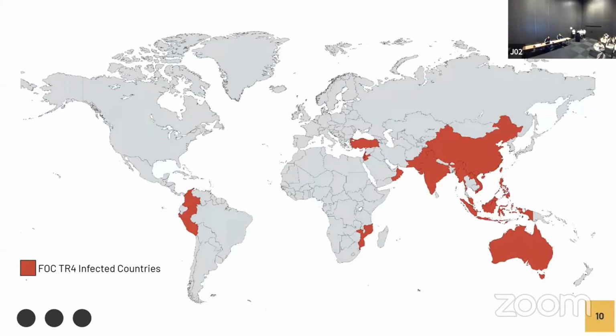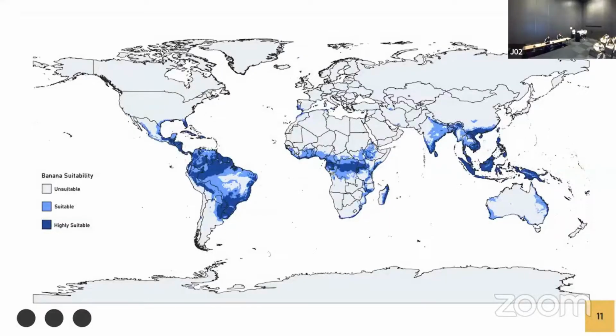FOC tropical race 4 has already spread from Asia to Australia to Africa, and more recently in 2021 to South America. And it's continuing to cause more and more damage in the world. And so in our first modeling effort, we predicted the areas at most risk of FOC invasion using Maxent, a popular open source software used by ecologists around the world. We found that the areas at most risk, which is also the areas with the most suitable bananas, in the dark blue,